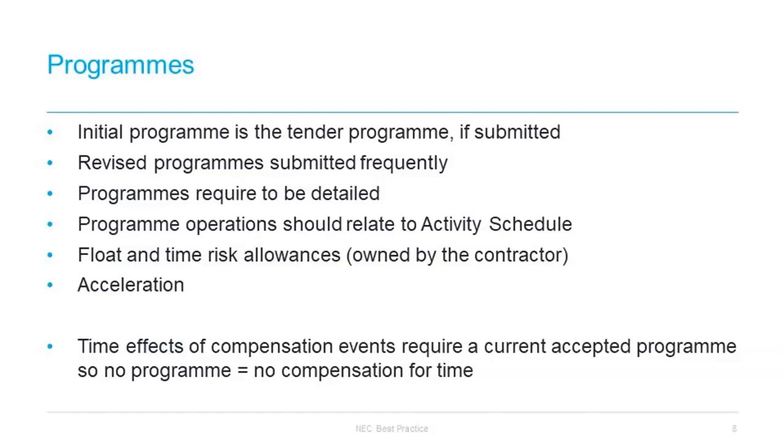Clause 64.2 gives the project manager a free hand when assessing compensation events if there is either no accepted program or if the contractor has not been updating it in accordance with the contractual requirements. So, really, that tells us everything we need to know. It is paramount that the program is updated by the contractor to avoid passing that level of control over to the project manager.